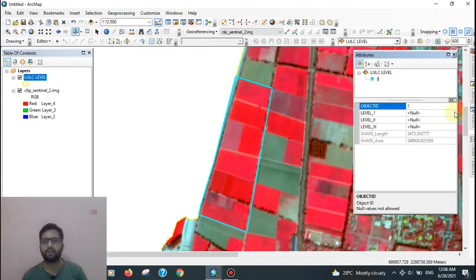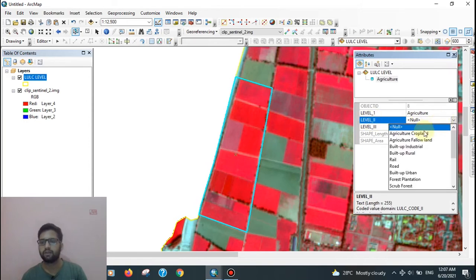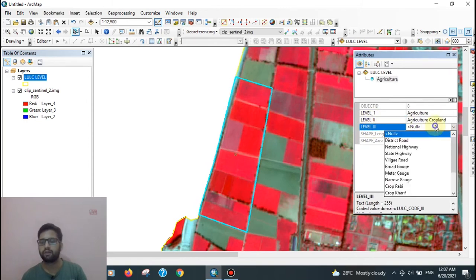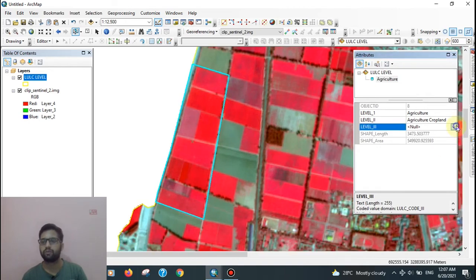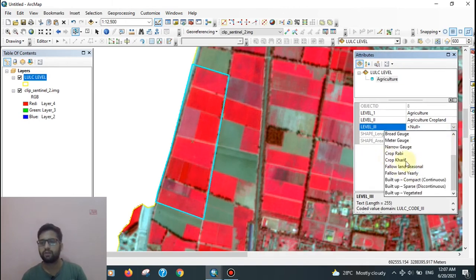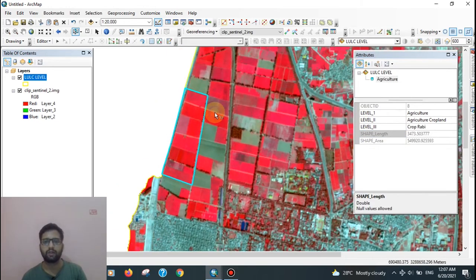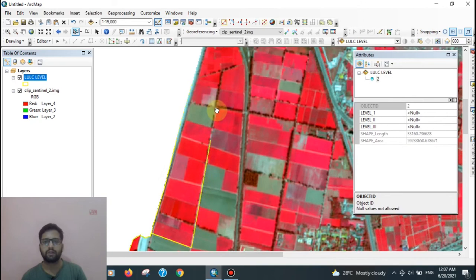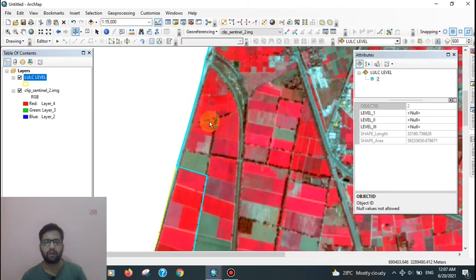After cutting this, select the polygon and go to the attribute table. Okay, here is the attribute table. Then select the agriculture cropland. In this tutorial I have used the month of February, so here is the Rabi crop. Okay, then again select the cropland, again digitize the cropland, again go to cut polygon.